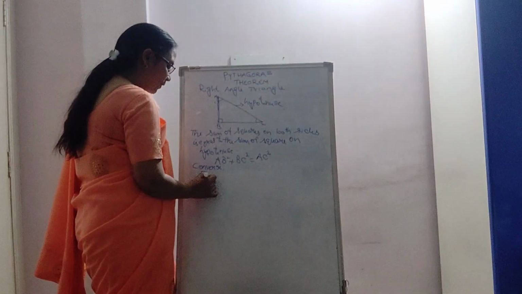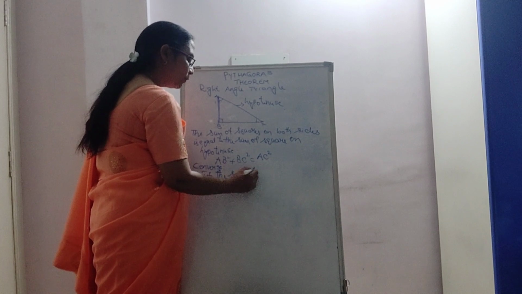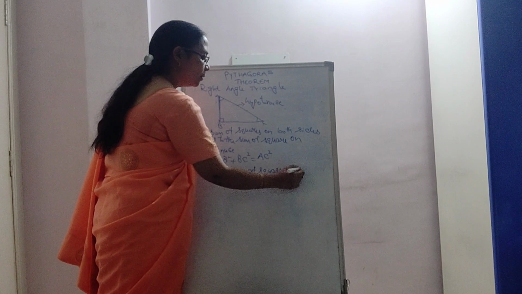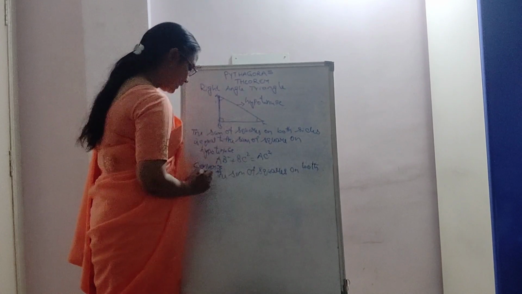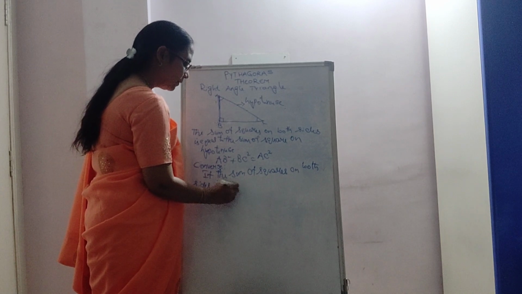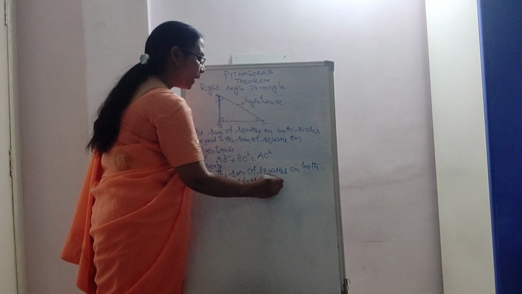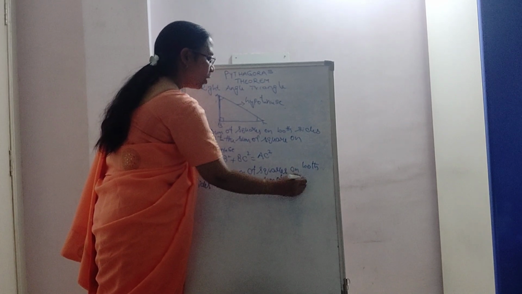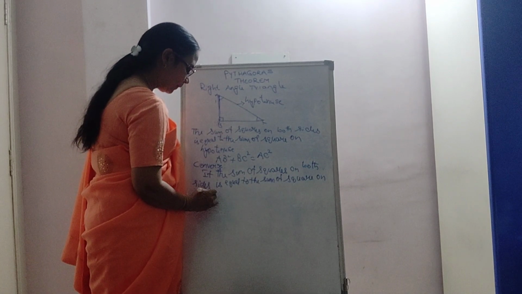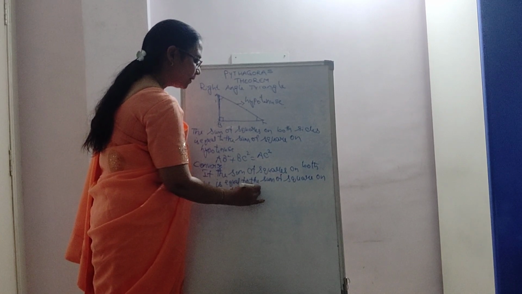Converse says if the sum of squares on both sides is equal to the sum of square on hypotenuse, then the triangle is